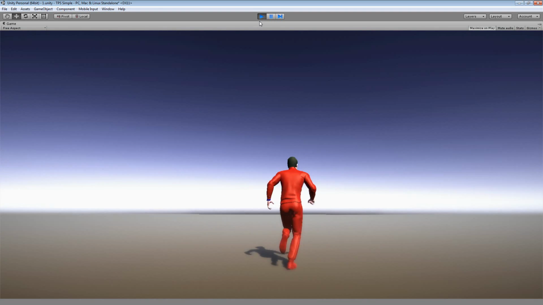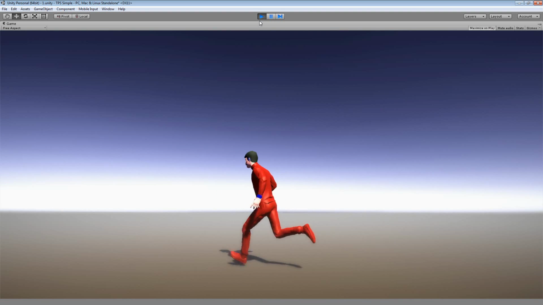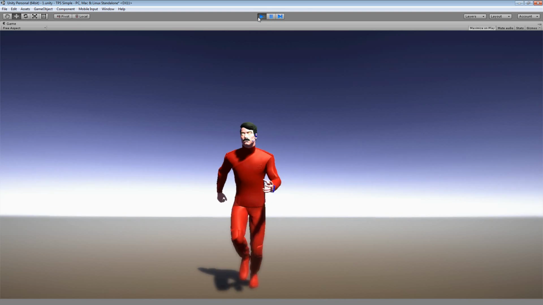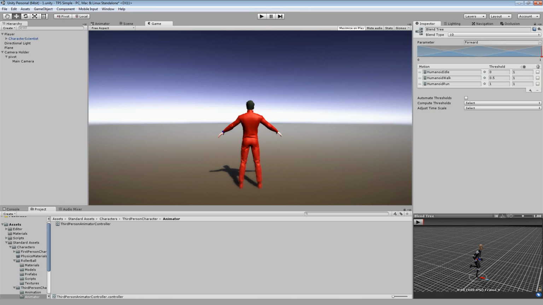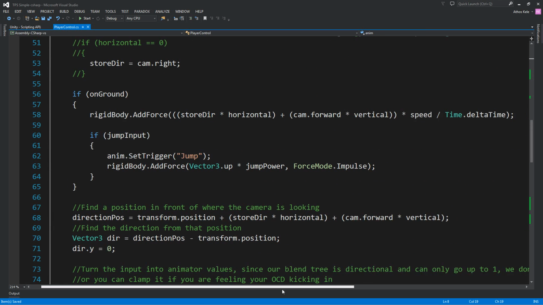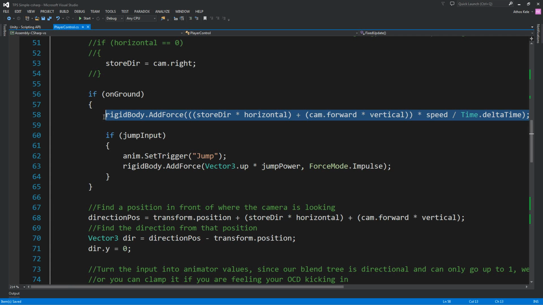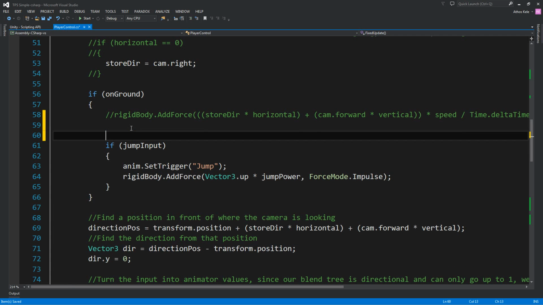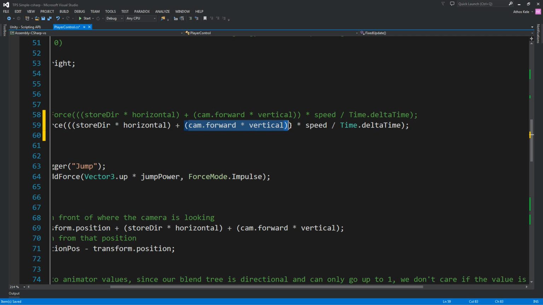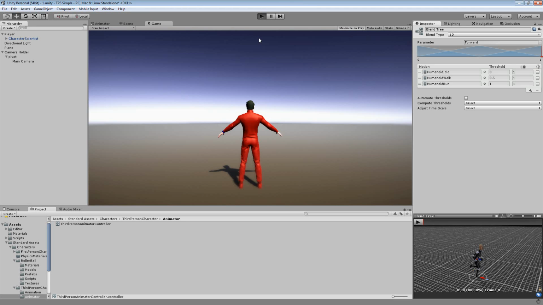And of course, since this is not something that relies too heavily on animations or any specific game, you can come in here and remove the camera forward or vertical, or better yet, let me copy paste that. And now if I close this, hit play,